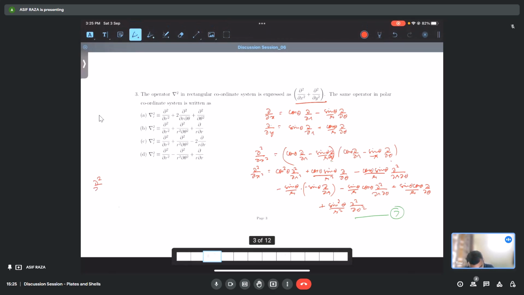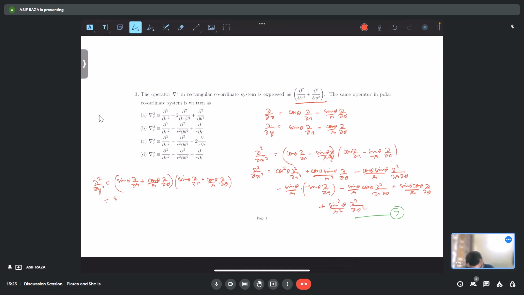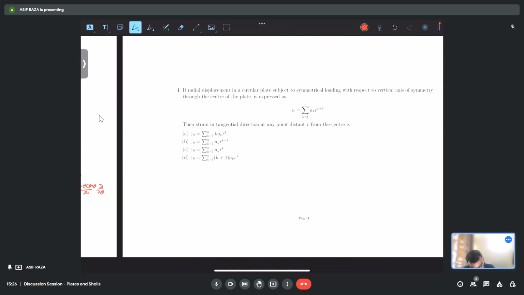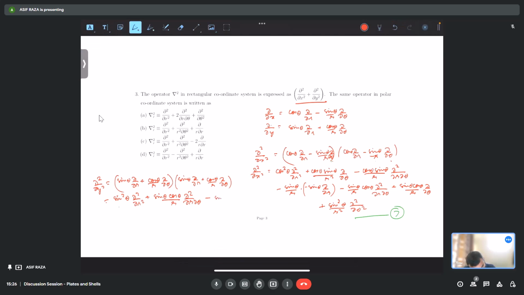So ∂²/∂x², similarly we will solve this thing. ∂²/∂y² is sin theta ∂/∂r plus cos theta by r ∂/∂θ operating on sin theta ∂/∂r plus cos theta ∂/∂θ gives me sin squared theta ∂²/∂r² plus sin theta operates on only, can write cos theta by r ∂²/∂r∂θ, and when it operates on it gives me minus sin theta cos theta by r squared ∂/∂θ with respect to